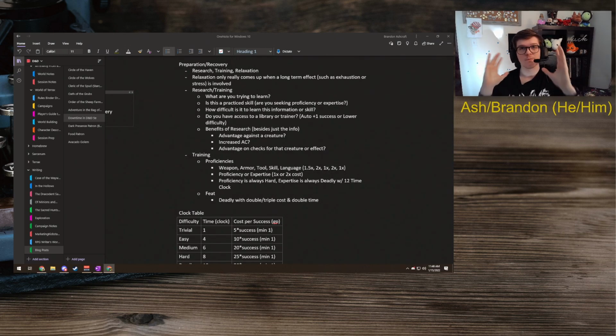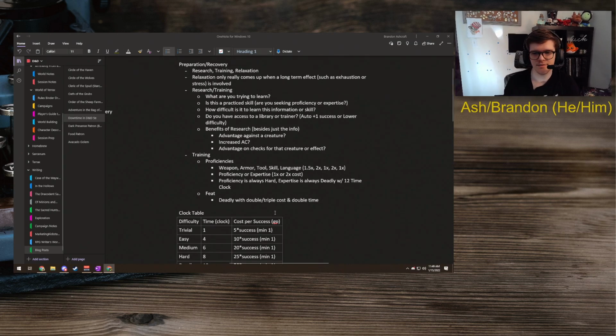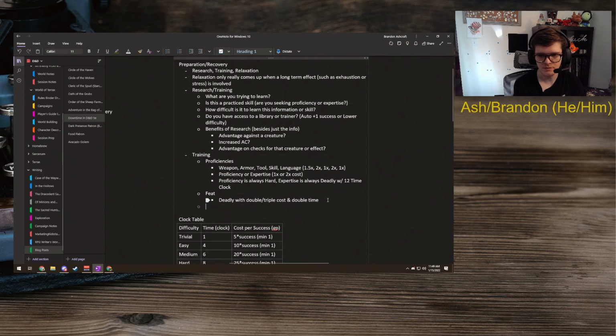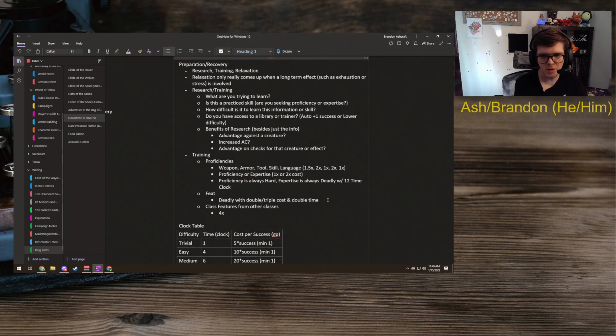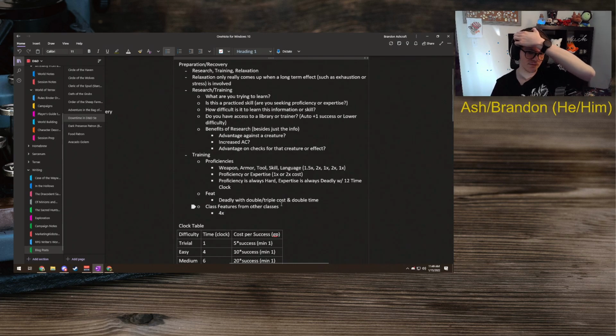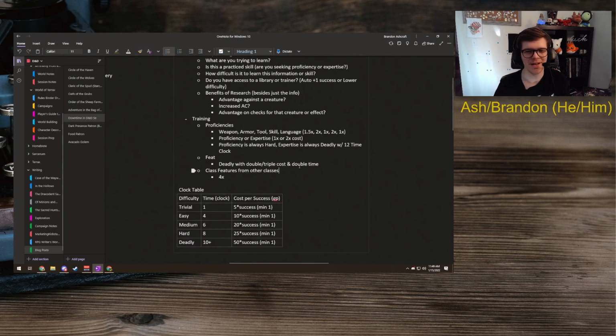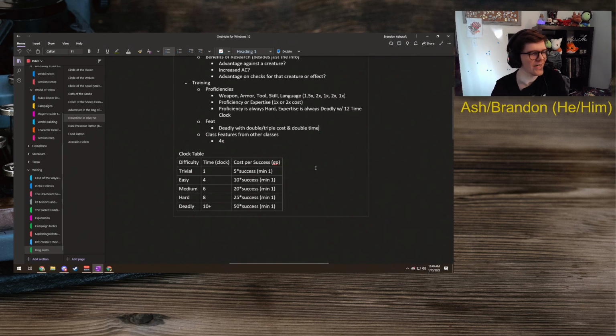There is also a version of training where you earn the ability to learn something from a different class. This would probably be like 4x everything, but that would be cool. Like if I'm a rogue and I want aura protection. Yes, exactly, Commander. Stealing a Blade veteran's mechanic is exactly what I wanted to do.